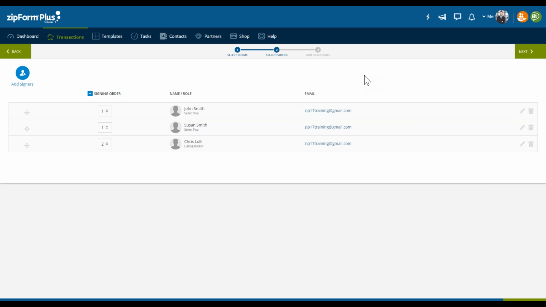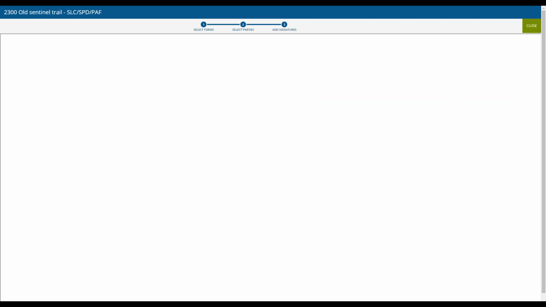In the email itself, it will say, hey, you have documents you're ready to sign. John Smith, please sign here. No, Susan, please click here to sign your documents. Something like that, right? So to move to the next step, to DocuSign, we want to click on the green Next button. Just give this a moment to load.